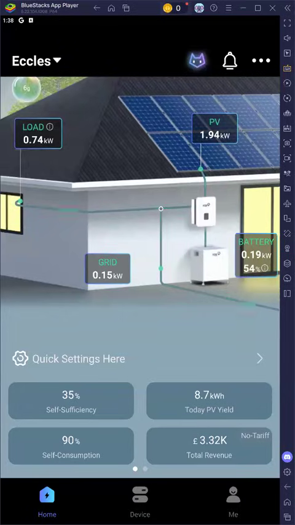Okay, so a lot of questions on the Facebook group and the forum are around how do I force charge my battery system? How do I force discharge? What do the other work modes mean? Why are some work modes available? Why are some not? So I thought I would just create one video that walks through all of the settings